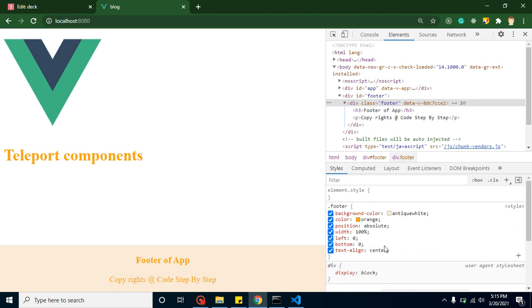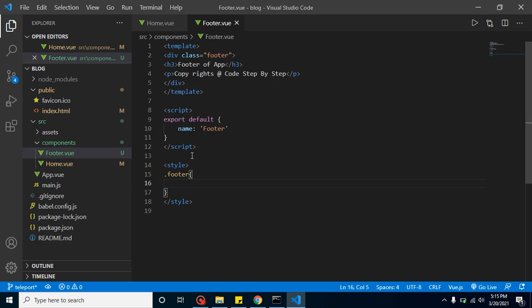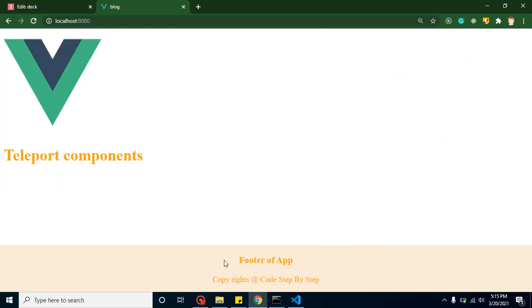This is much better. And now we can copy this thing from here and put it inside here. So now you will find that this is working fine as a footer.